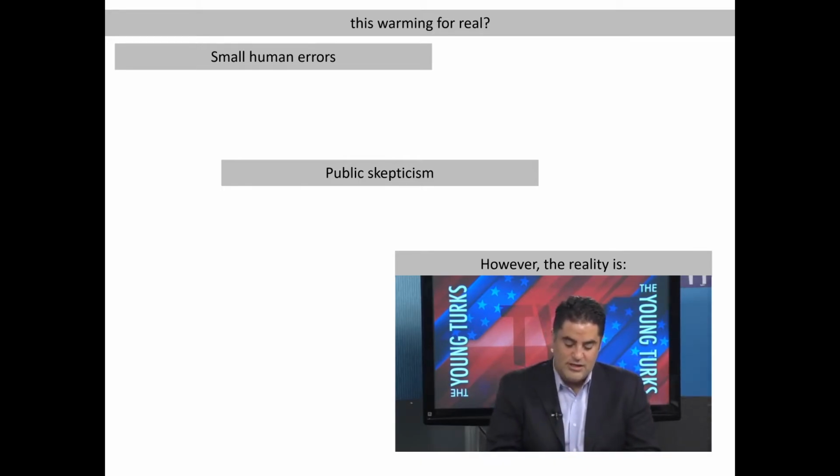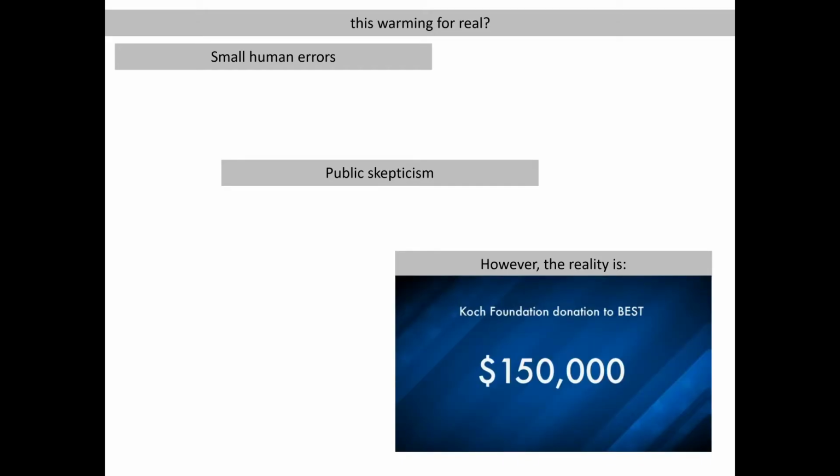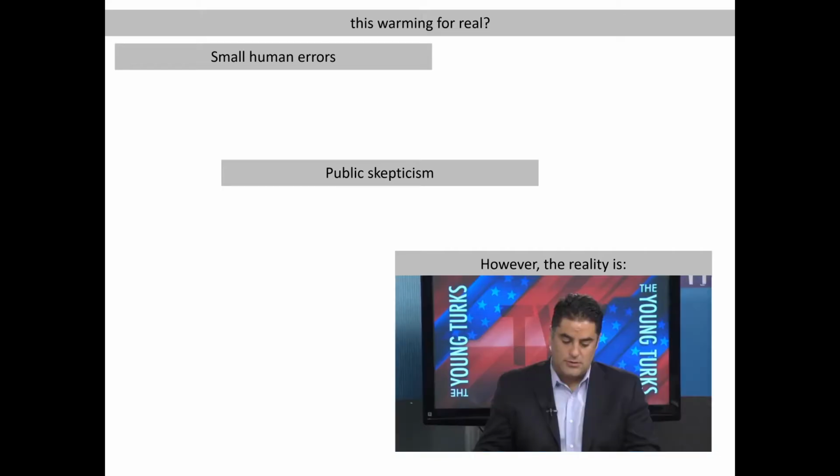So the Koch Foundation gave this project, the BEST project, a $150,000 grant. They said, basically, go get him, okay? And he did. And in fact, it turns out, I got to be honest with you, his scientific study turned out to be, let's put it this way, it's hard to say what's more accurate, but it has more certainty. The uncertainty in the other projects before was about 0.13 degrees Celsius. His uncertainty was 0.04 degrees, meaning that since he had accumulated all this data into one place, these numbers are